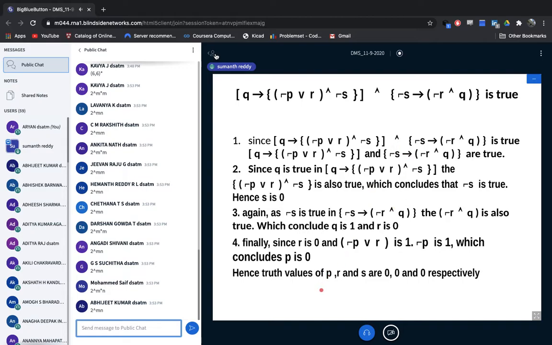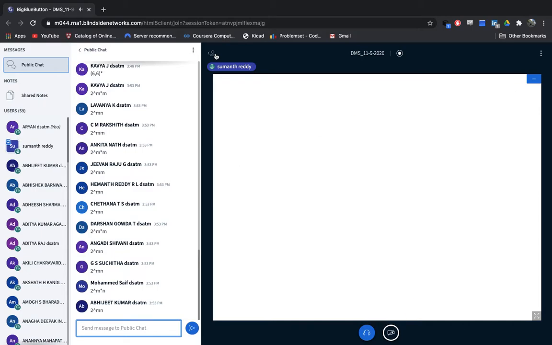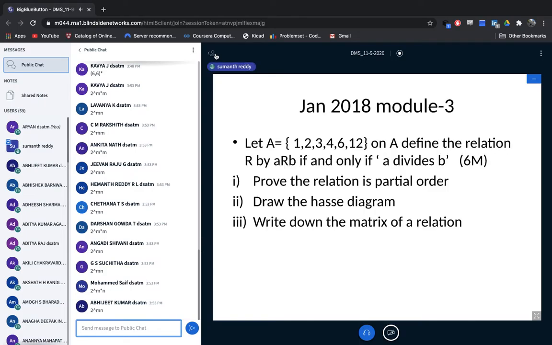No, actually this final value, whatever you put, that is important. So the sentences and all, you can write on your own. You need not use the same procedure. You can use a different procedure, it doesn't matter. Fine. Okay, so in module 3, 2018, he has asked only one question.